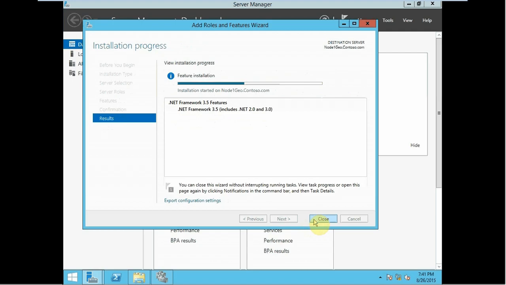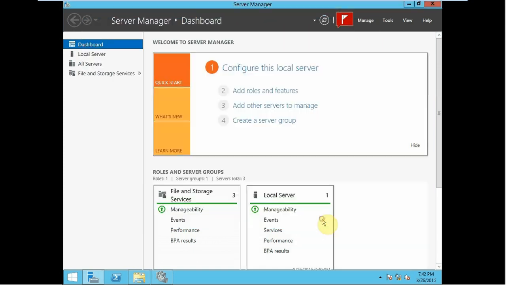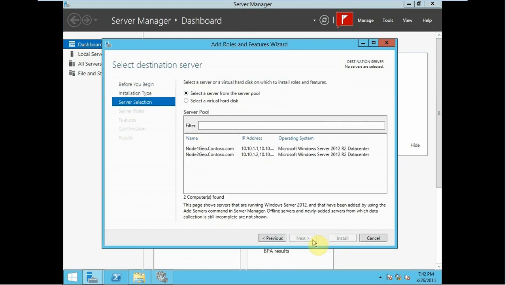What I am expecting is I should get an error, because when I was testing this, I got the error in my last virtual machine, so I'm expecting the same error over here. So just wait. Yeah, we got an error that is related to the source file could not be found. So how we can remove this error? Again, go to Add Roles and Features, click Next, select node 1 Geo,